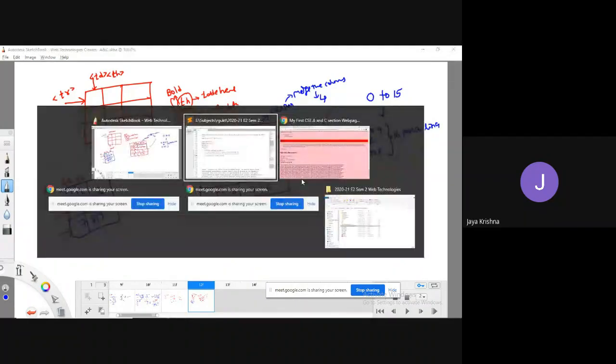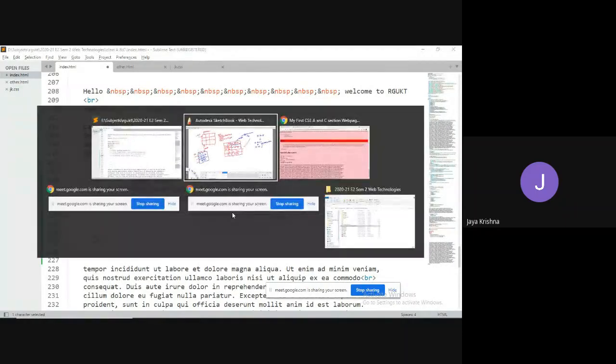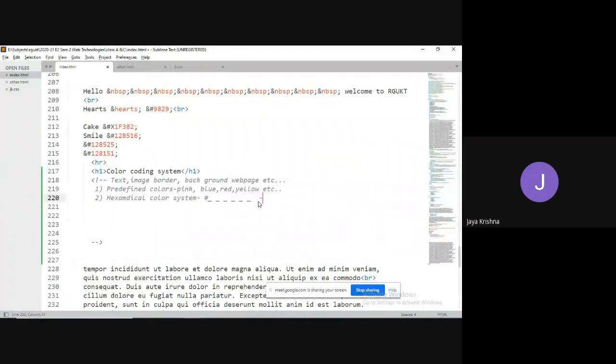So this hexadecimal system, we can represent with a prefix symbol, the hash symbol, followed by 6 digits, where each digit has a possible value of 0 to F. 0 to F means 0, 1, 2, 3, 4, and so on up to 9, then A, B, C, D, E, F.